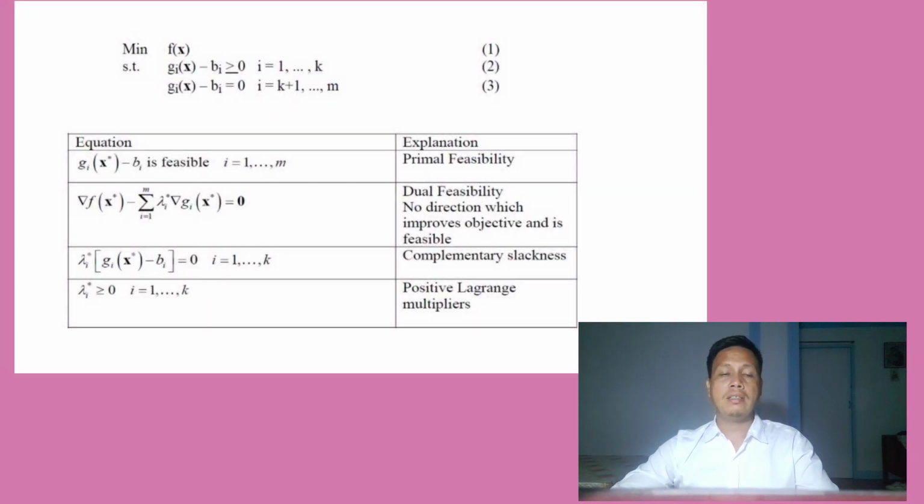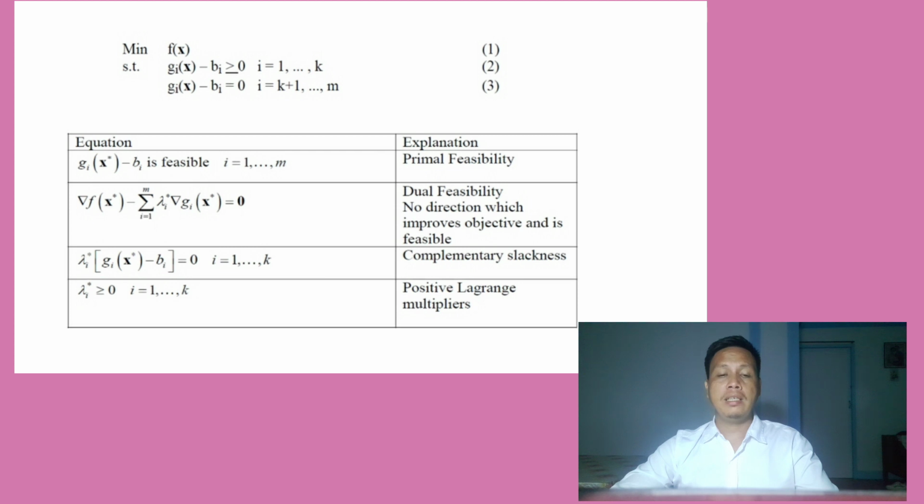So again, minimize a function of x subject to g_i(x) minus b_i greater than or equal to 0, i equal to 1 up to k, and g_i(x) minus b_i equal to 0, i equal to k plus 1 up to m. The g_i here is the same as in the previous example. For the first condition, it's primal feasibility. For the second condition, it is